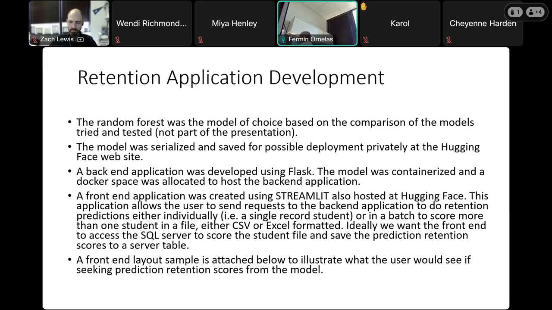Those are the things that go in there. There is no specific record of any student. So that's one component. Like I said, it gets assigned a Docker space, the model is containerized, and in theory, we could take that application anywhere, whether it's Azure or Heroku, and